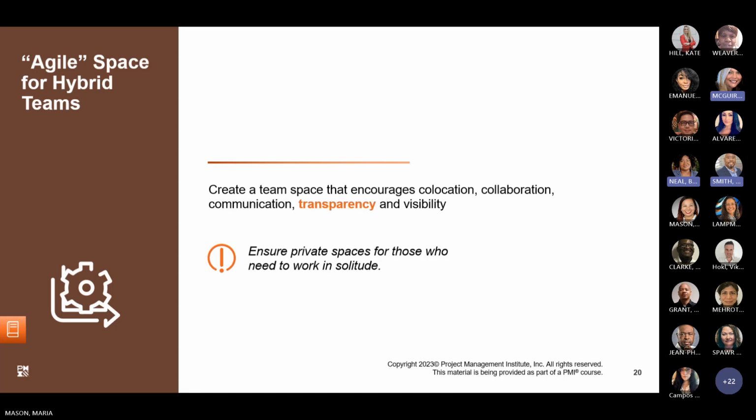Agile space for hybrid teams. So co-locating all involved in a shared workspace fosters, like I said, a more informal and immediate collaboration and exchange of information. I know in the various work buildings, we have collaboration zones where they try to co-locate at least organizations in the same space.